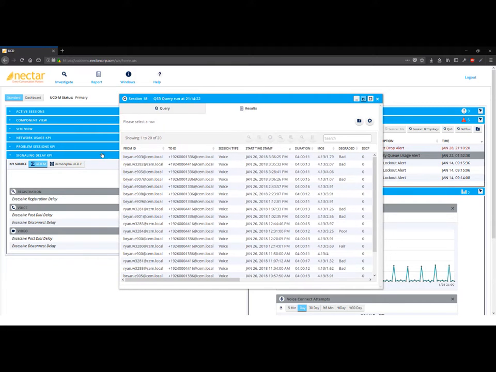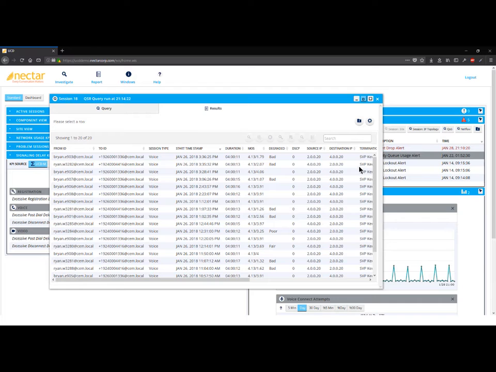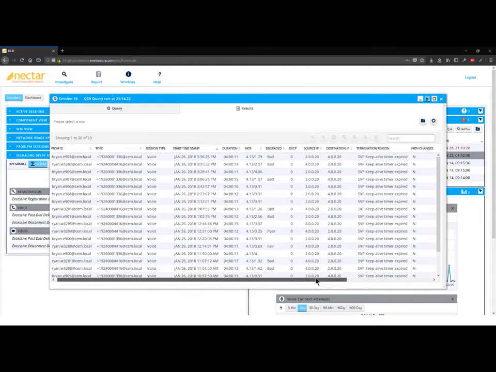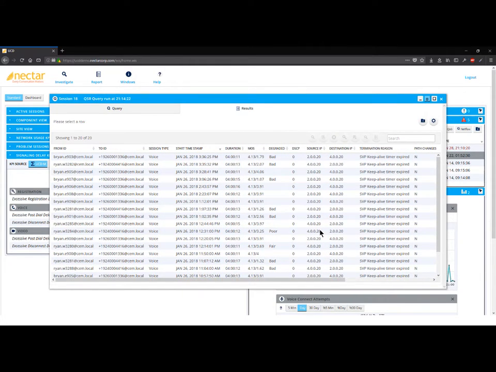And just like that, like before, we now have a listing of all calls that actually had some kind of post or pre-connect dialing delay for the environment. Now, a word before we close here, and this relates back to looking for calls that are traversing across an SBC, where both users, whether internal or external, or one internal and one external, have hung up, but the channel stays open over an SBC. Recall that can lead to channels being taken up and calls being basically blocked or turned down, either by the SBC because there are no available channels, or by the service provider if they have no open channels for them. In those types of instances, if you see a lot of SIP keep alive timer expired,